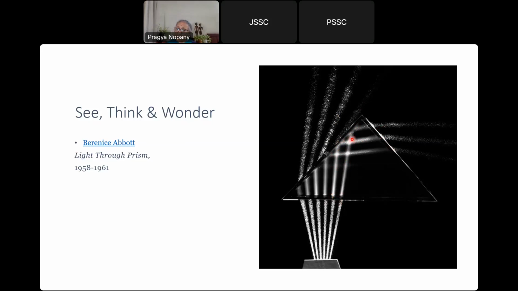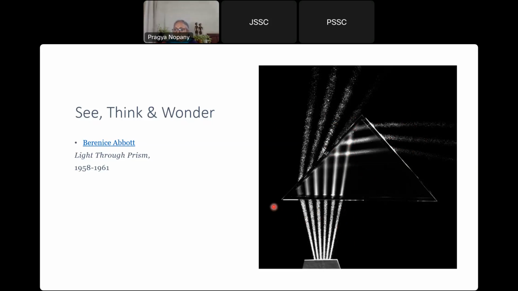And then I would ask a question: why is this part so bright, this part is not bright, this part is not so bright, but these portions are very, very bright? So the question that comes to my mind is why are these bright? And then I also notice that intensity here is very less, intensity here is more, and here the intensity is maximum. So there are so many things that I can notice.